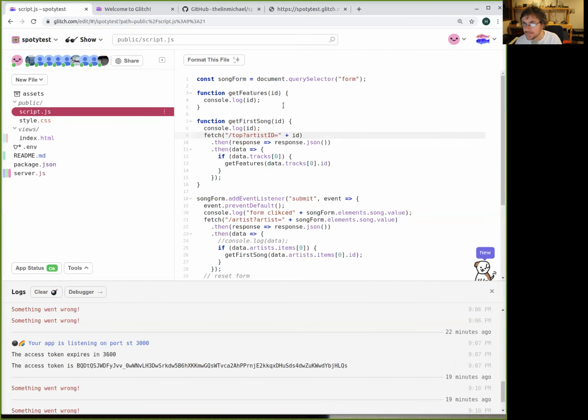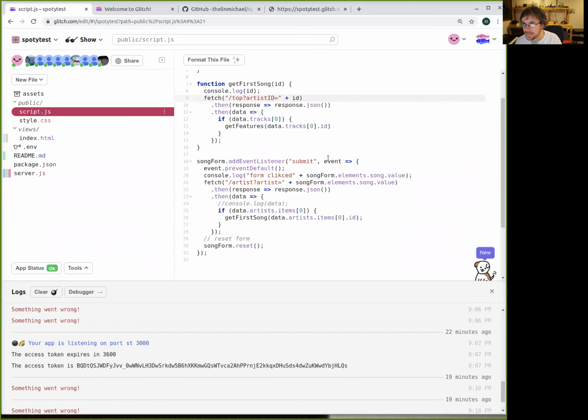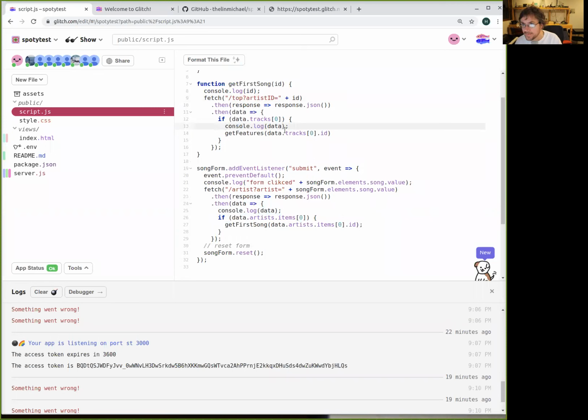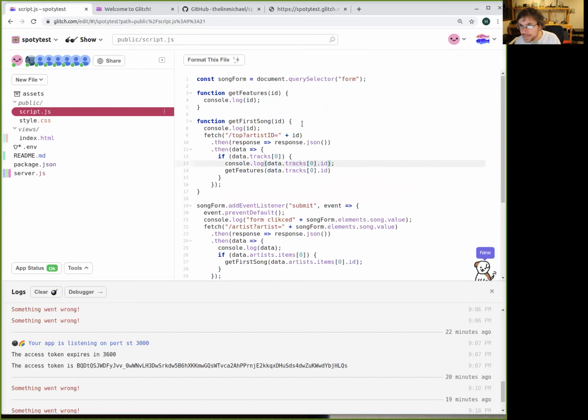Why is this failing? Are we getting the information of Muse? I guess yes. Are we getting the ID of the artist? Oh, because this is top artist. Yes, give me the top ID and then get features.